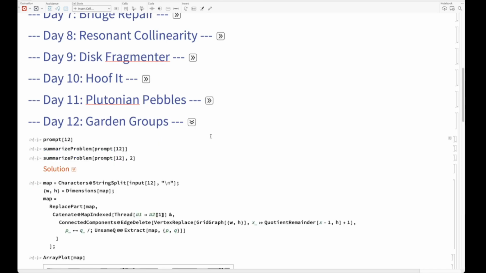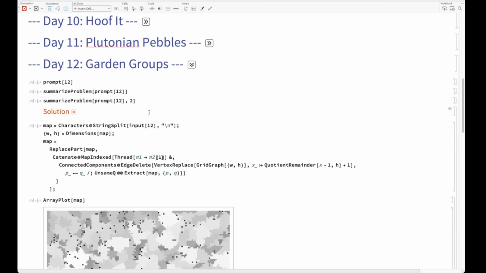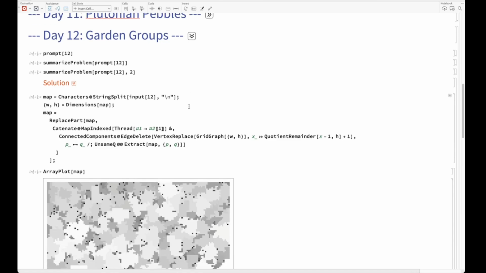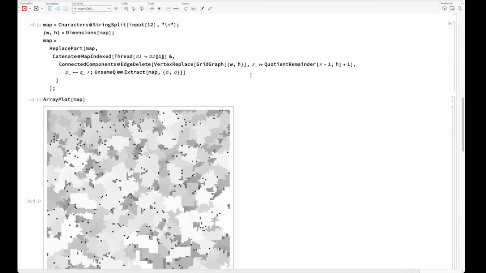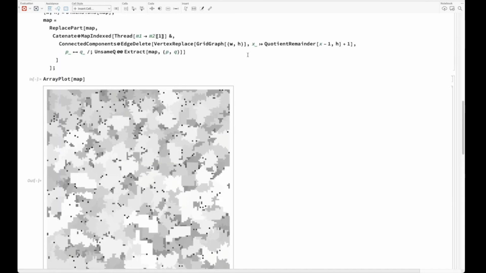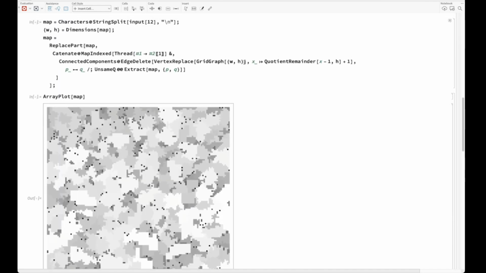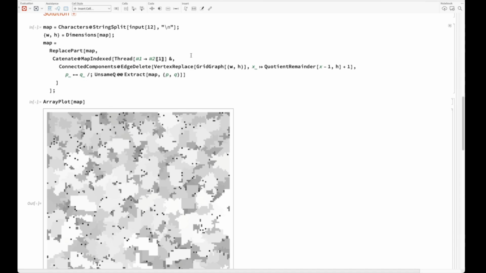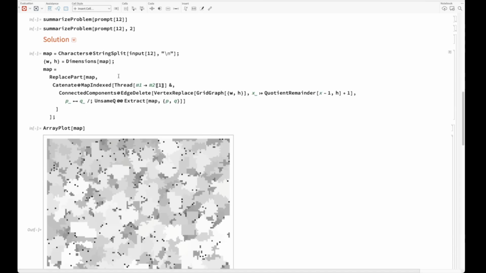Moving up to day 12. This actually was more perfect for the Wolfram language, because it involved image segmentation, and in the Wolfram language there's just a single function that can do the work for you. Maybe the difficult part was to actually construct a map, rather than to construct the solution, because what you are given